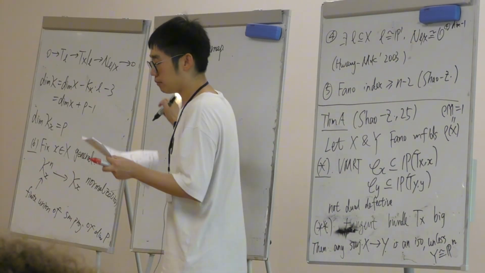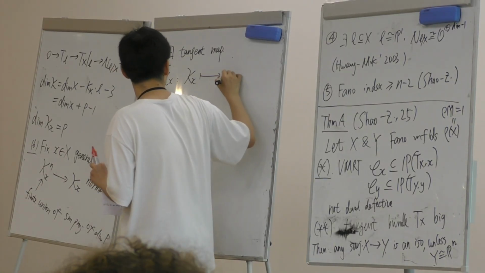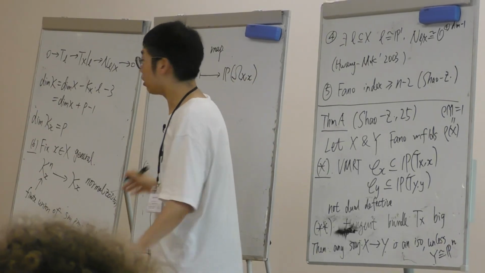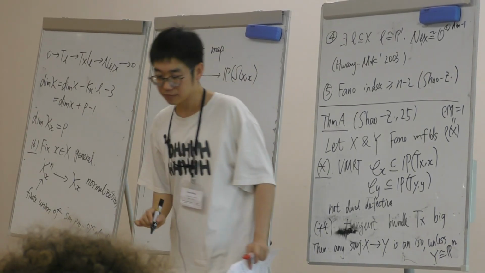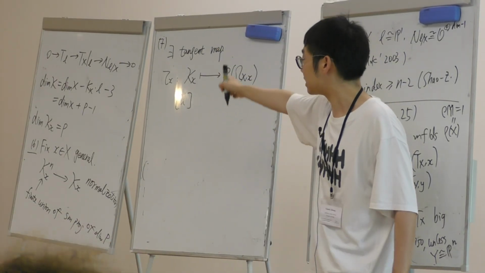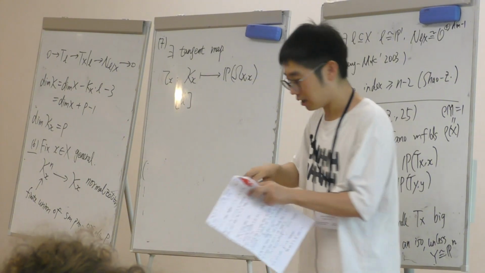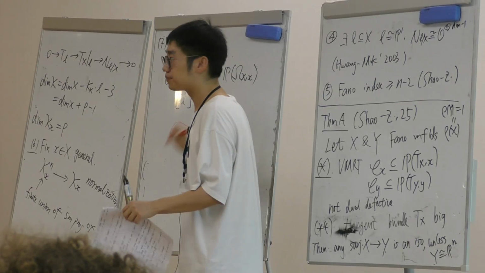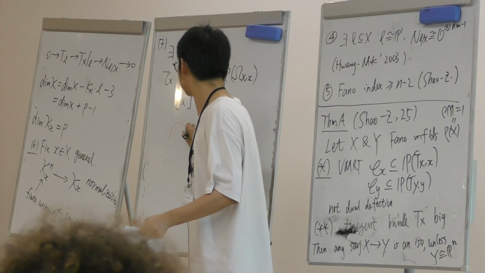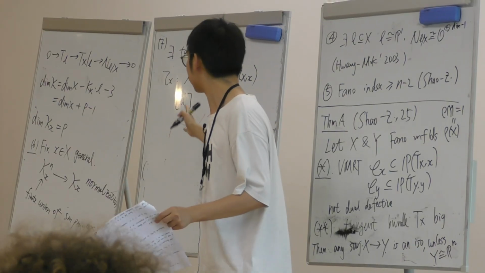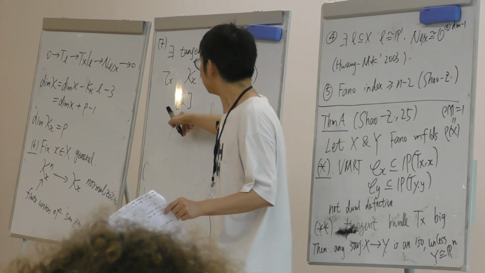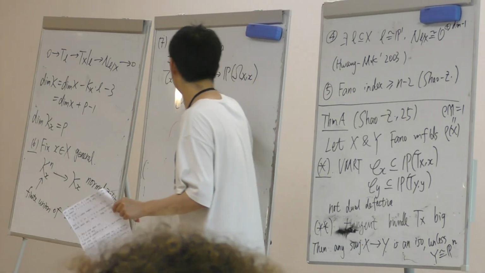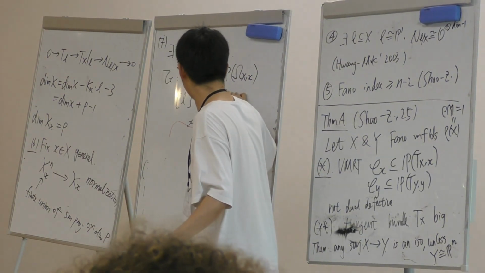So what's this tangent map? We define this to be omega xx. So we take a general element L. L is a general element in this kx which passes through x. So this means we have an element, this is L, and this is our x. Then what's the meaning? We send this element to the tangent direction of this rational curve. So we send this to the tangent direction